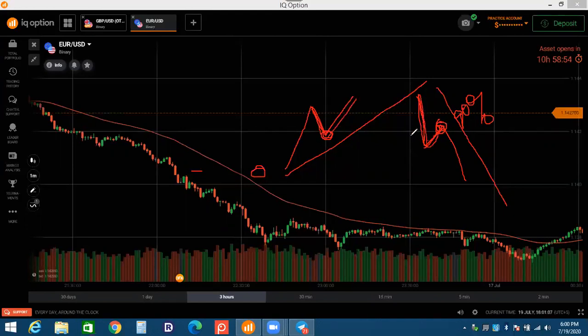All the red candle signals in the uptrend, all the green candle signals in the downtrend. It will work for you because in the uptrend the buyers are in power. Here the sellers are in power. So these buyers are very weak, and weakness in the buyers shows the sellers will continue further down.